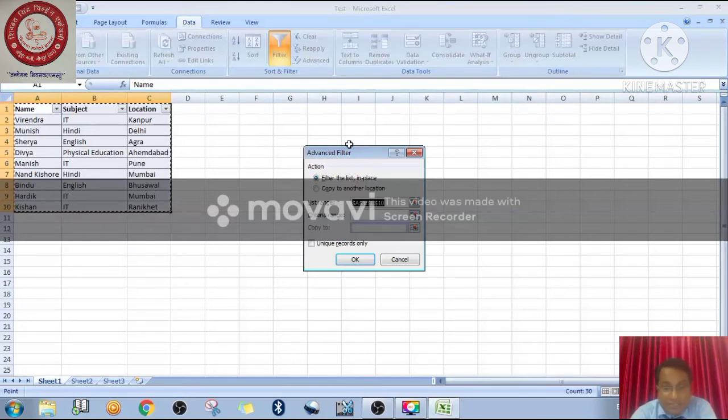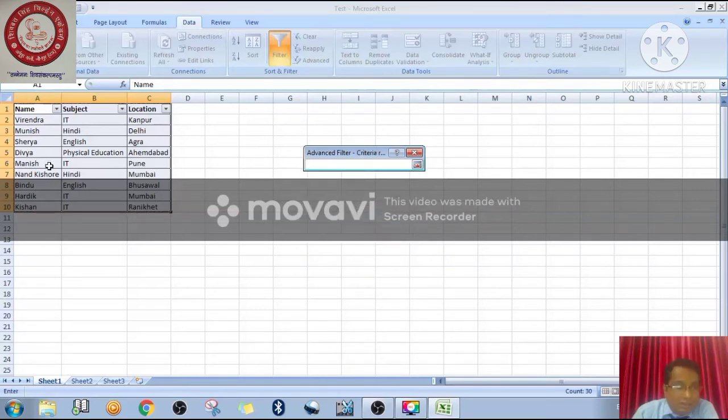That's the most important thing: how the criteria range will be used. Suppose I want the data from the Mumbai location only. So right now I want to give the criteria some rules, some conditions here, so that I can have the data only related to Mumbai. So first of all, click here one time. After that, I'm going to write the names of the columns here. Suppose I have written here name.